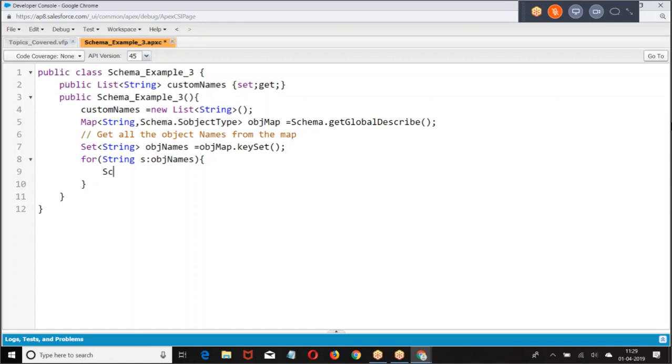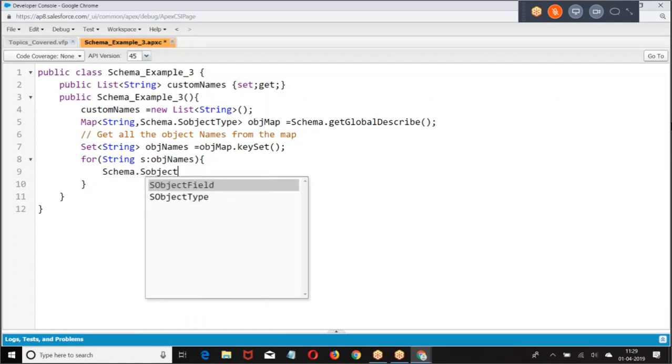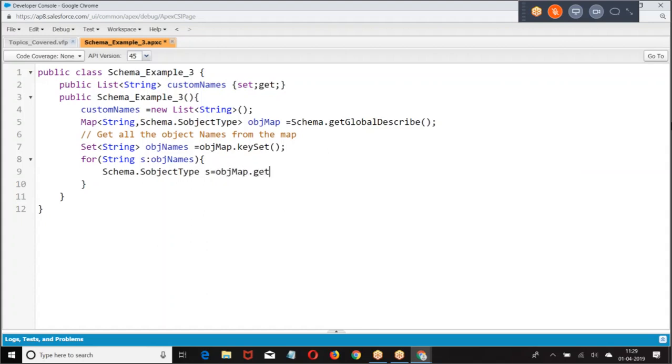Then take Schema.SObjectType objectType is equal to objectMap.get(s). Now tell me what is the meaning of this? s is the object name.